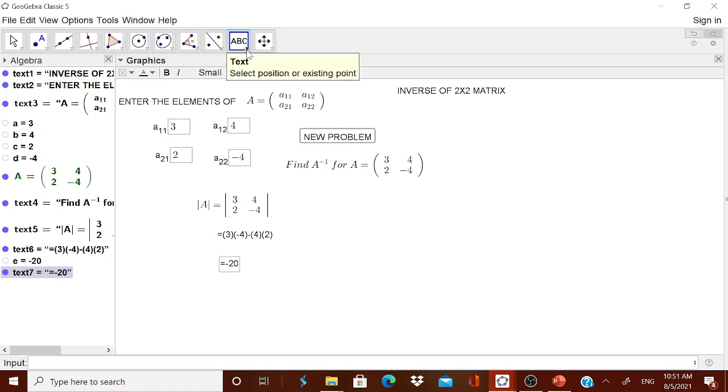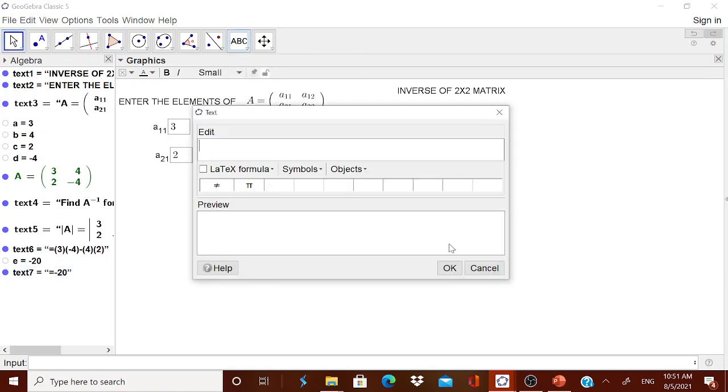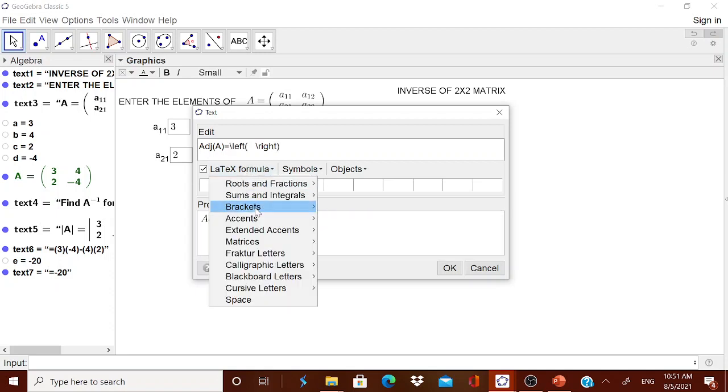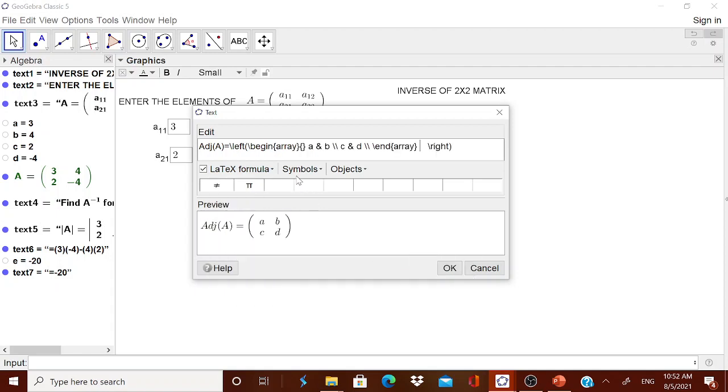Now I think already we have discussed how to get the adjoint, therefore the adjoint will be very easy. Go to the latex formula, type adjoint A, ADJ of capital A is equal to, in the latex formula go to the bracket, simply bracket, bring it back to the front, go to the matrix and then type it. What elements should come here? Here you should get D.